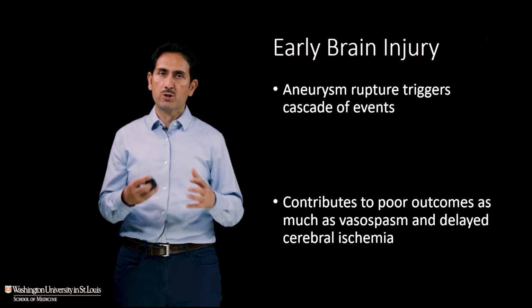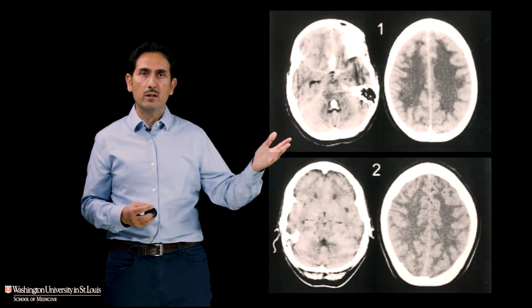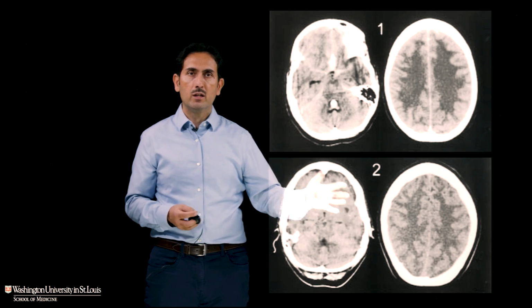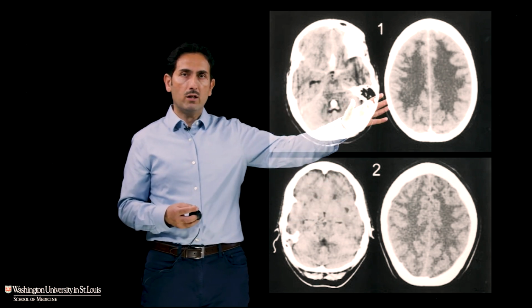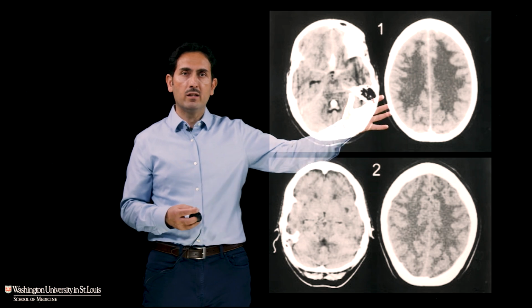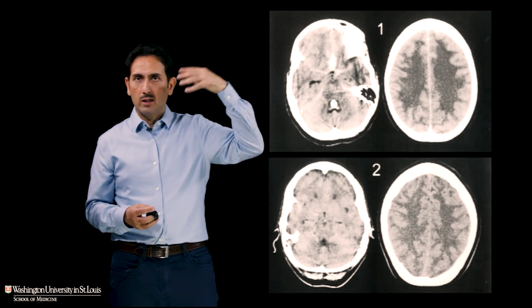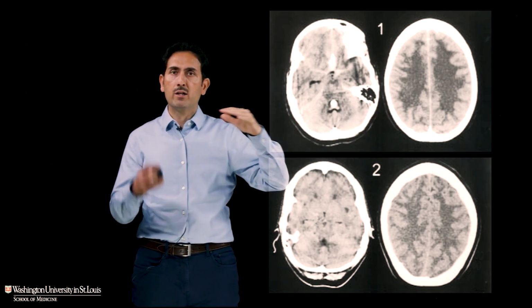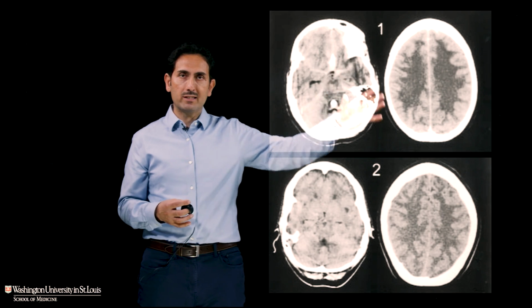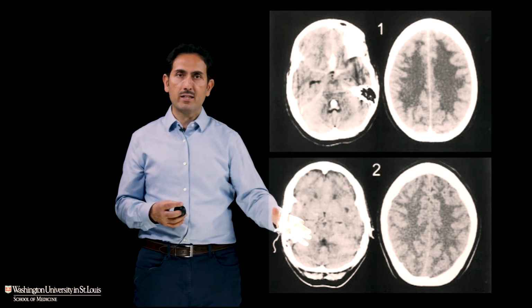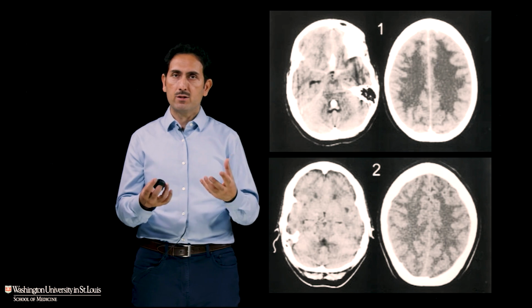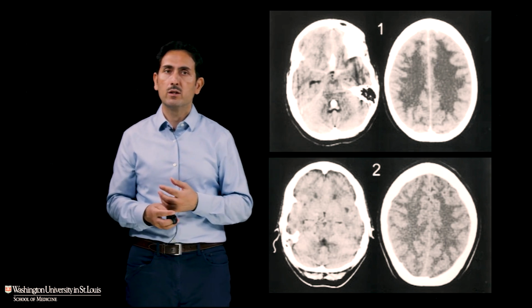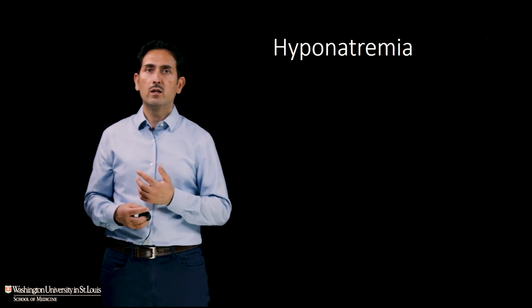So we need to pay more attention to the early brain swelling, and this is what it looks like. Here you see two examples of CT scans a few days after bleeding, and what you notice on the upper slice of the brain, there's no sulci. Those gaps in the brain, the folds of the brain, are totally swollen. So that's what the CT scan will look like. And even at the base of the brain, down here, for example, the normal space around the brainstem is effaced. That's a sign of increased intracranial pressure. So that's early brain injury.